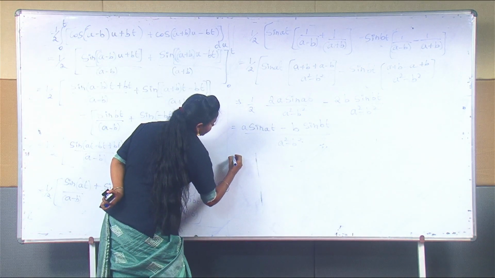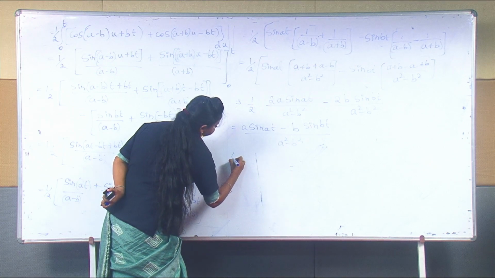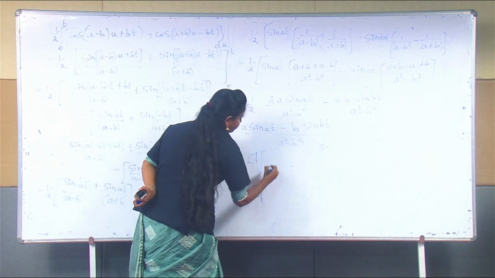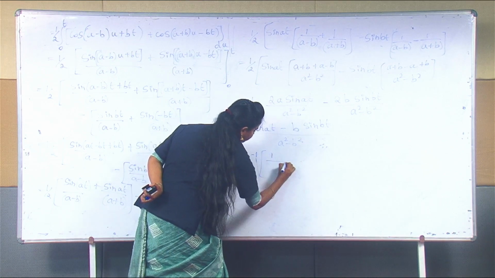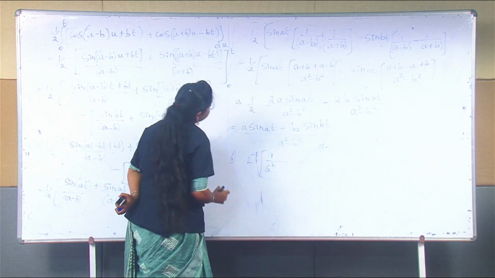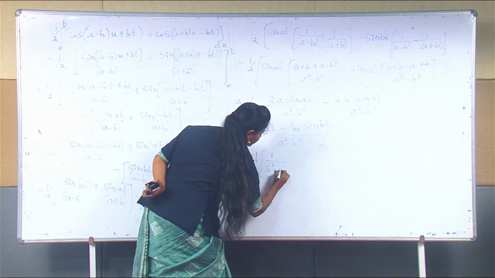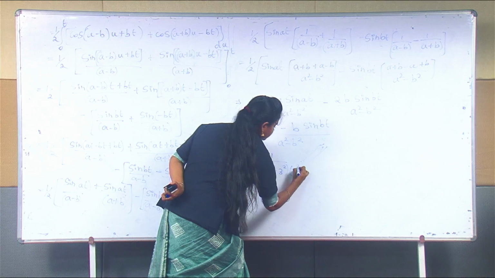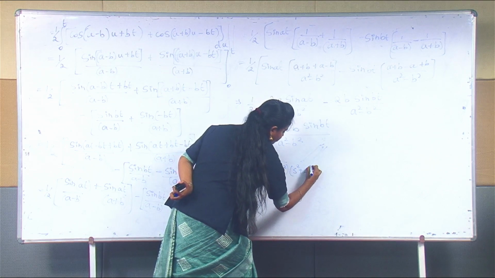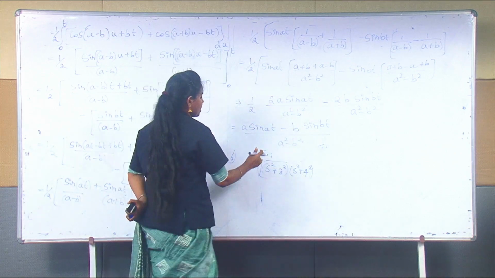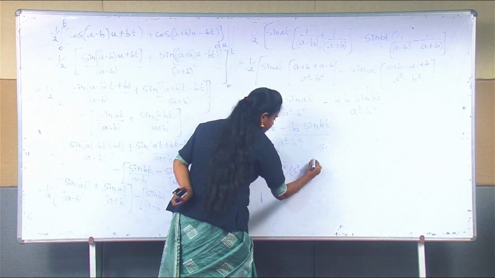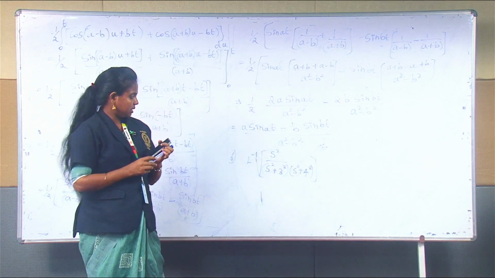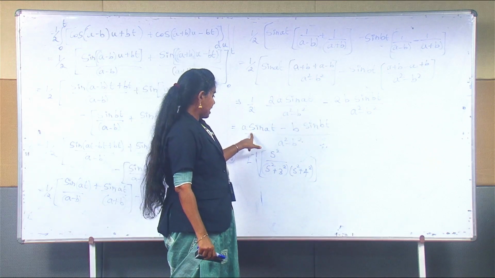Another sum is L inverse of s square divided by (s square plus 3 square)(s square plus 4 square). Here s square is there. How can we solve it? Without solving this sum, we can directly say that the answer is